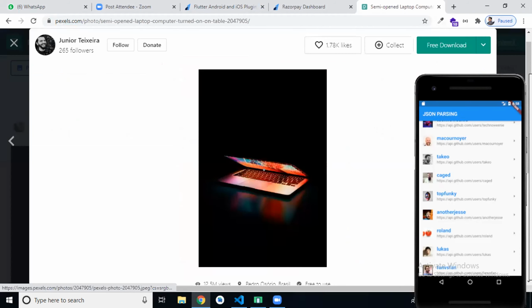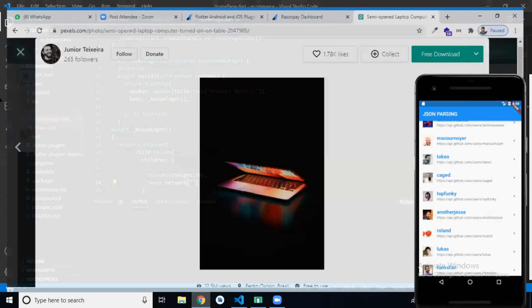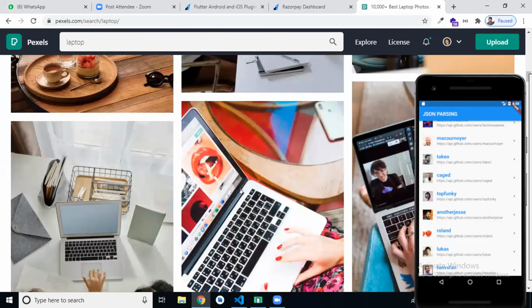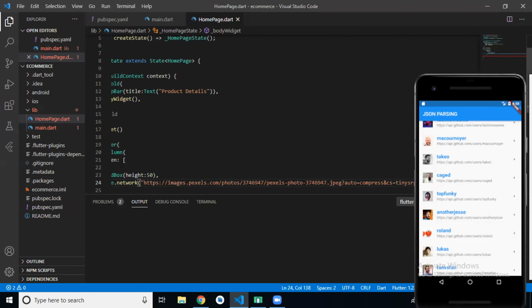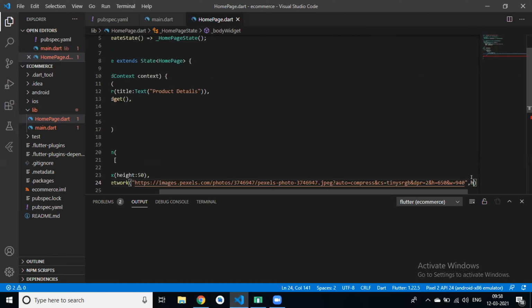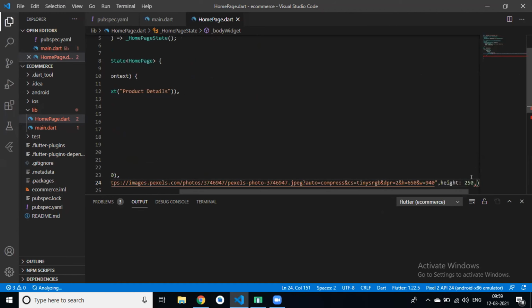And this one is good. So paste this link. Then height of this image is 250 and width is 350.